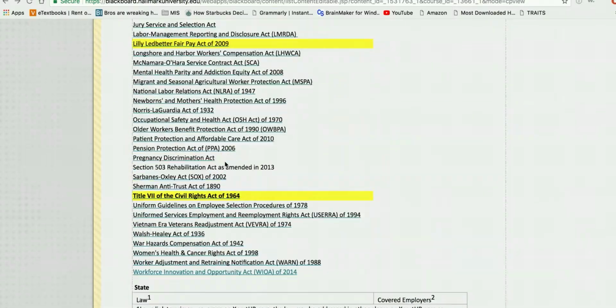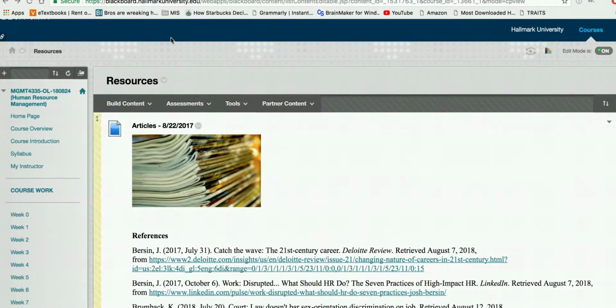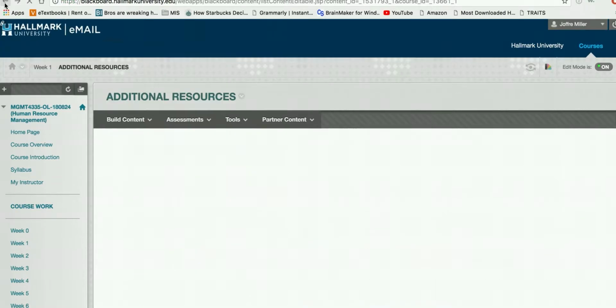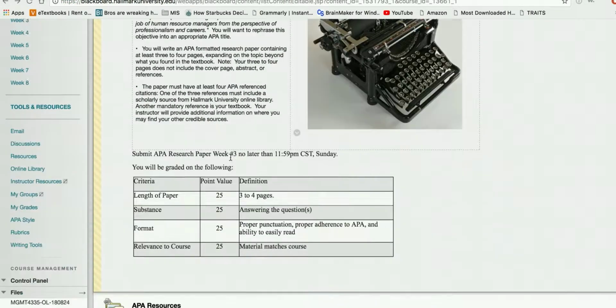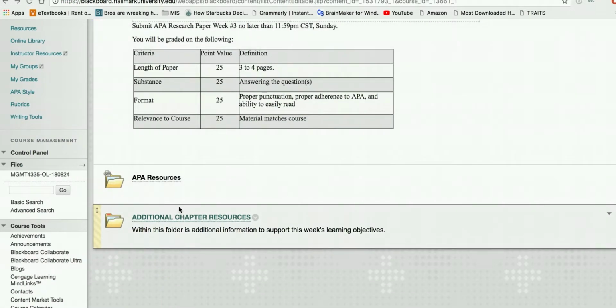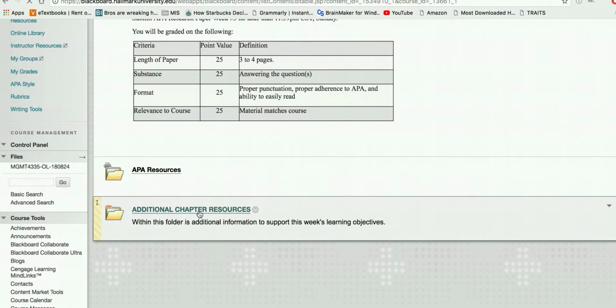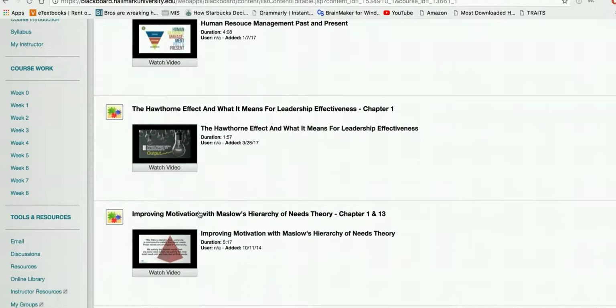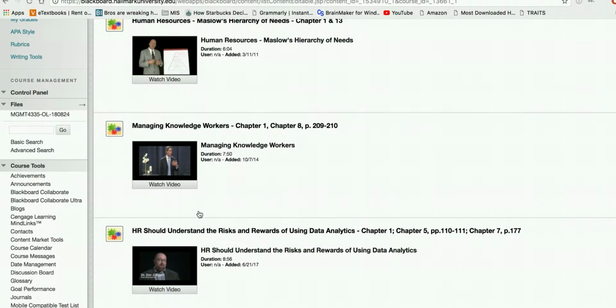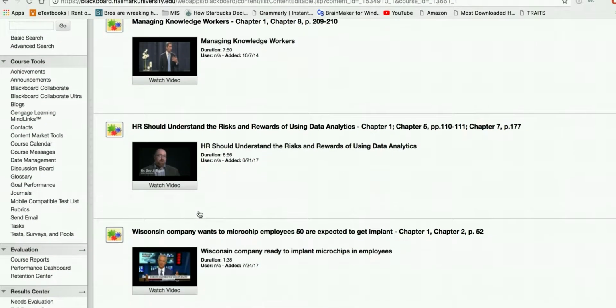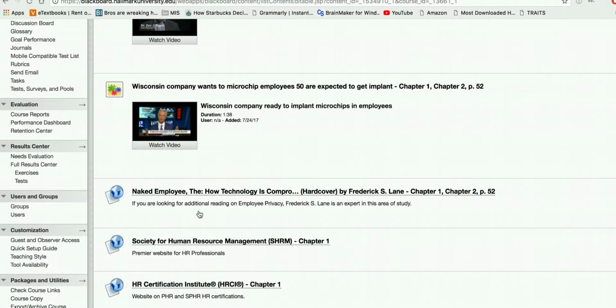So that kind of gives you an idea of what's on the resources page, which is linked to the additional chapter resources under the APA resources. But if you go into additional chapter resources, you'll find more videos dealing with the subject. This is not required, but if you want a better understanding of some of the things that we're discussing,